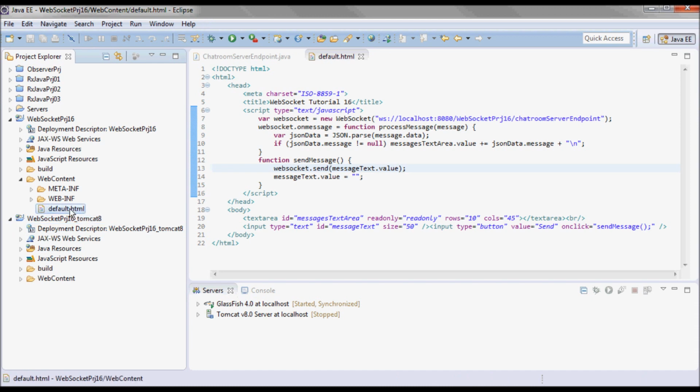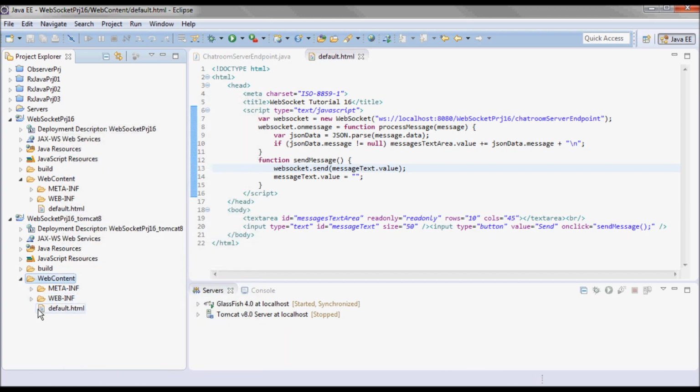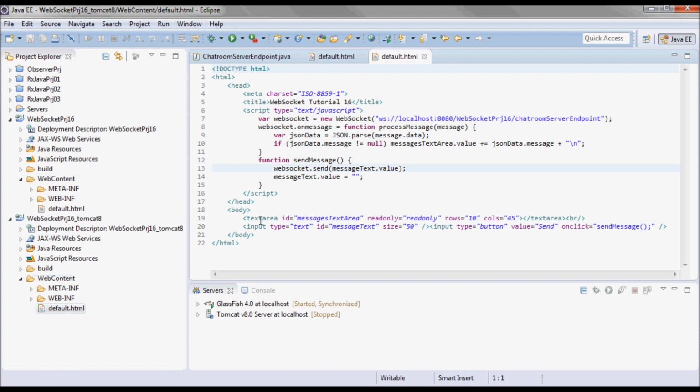And let's copy default.html and drop it here. And I want to change this to underscore Tomcat 8 for this project name.